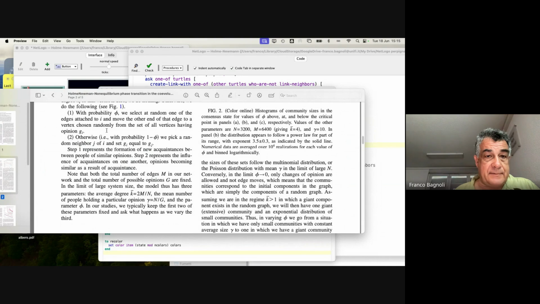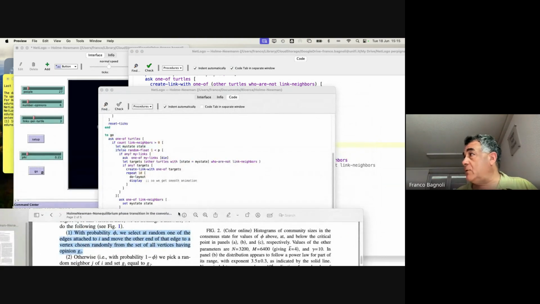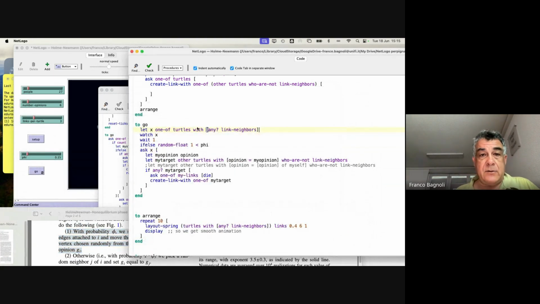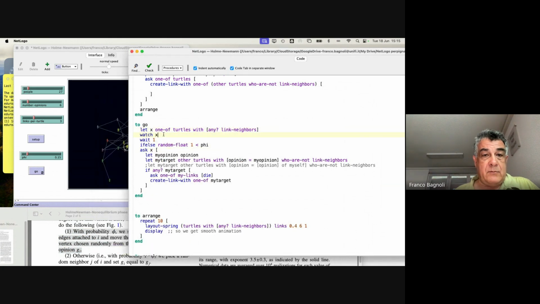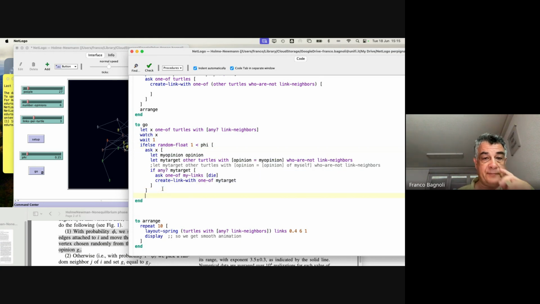This is with probability phi, and the other is with probability 1 minus phi, no? So watch it. If else random float less than p, we do all this. Else